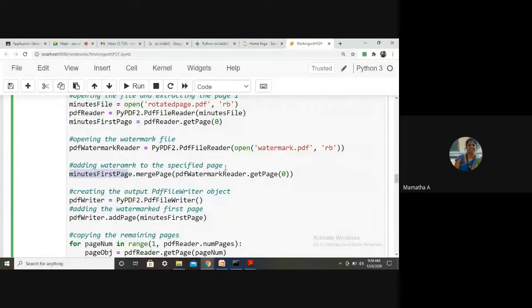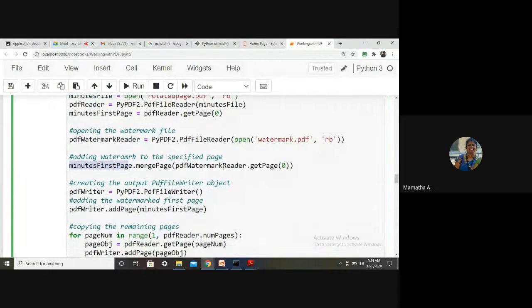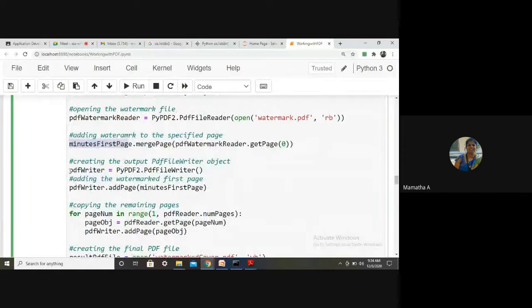They are overlaid. Okay. After overlaying it, create the PDF writer object. And add this page, minutes first page, which is now updated with the watermark, to the PDF writer. Understanding? Okay.